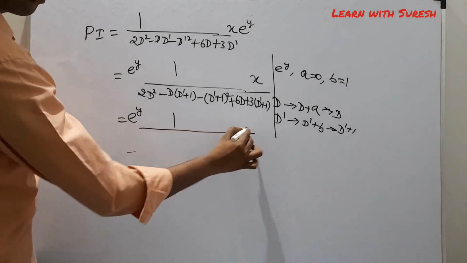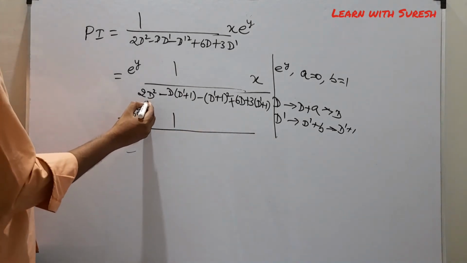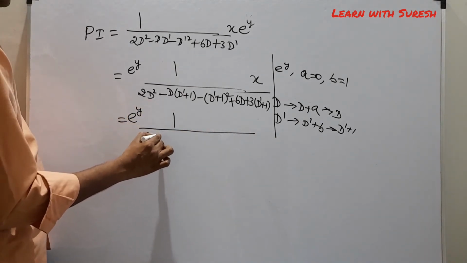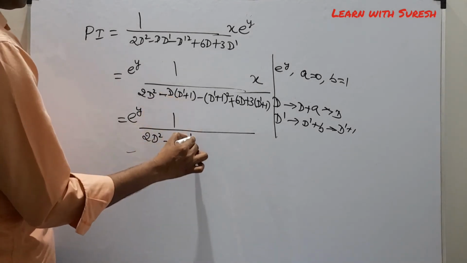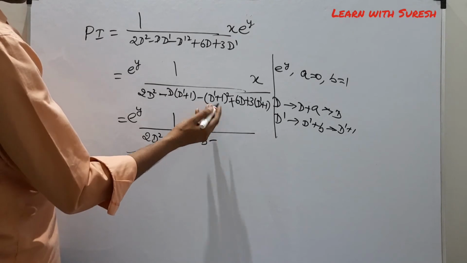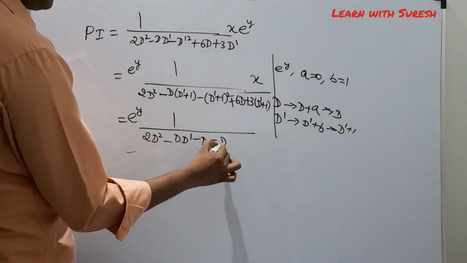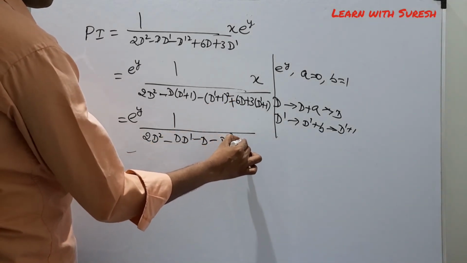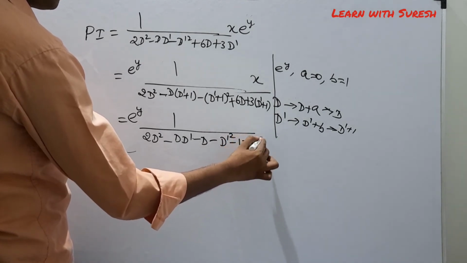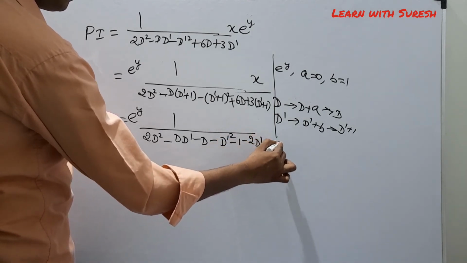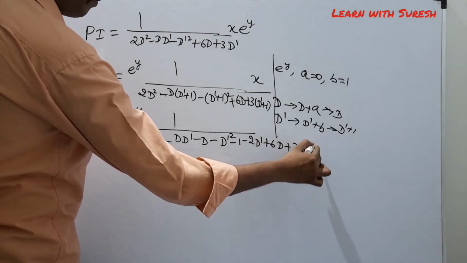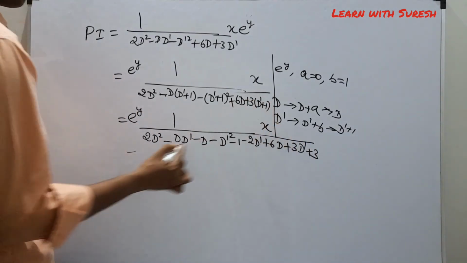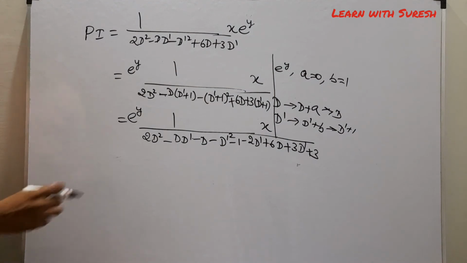Simplifying the denominator first. This is the denominator: 2D² minus D' minus D minus (D'² plus 1 plus 2D', like a plus b whole square) plus 6D plus 3D' plus 3, into x. Simplifying this,